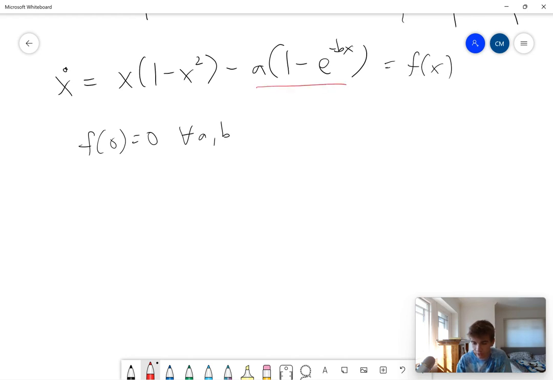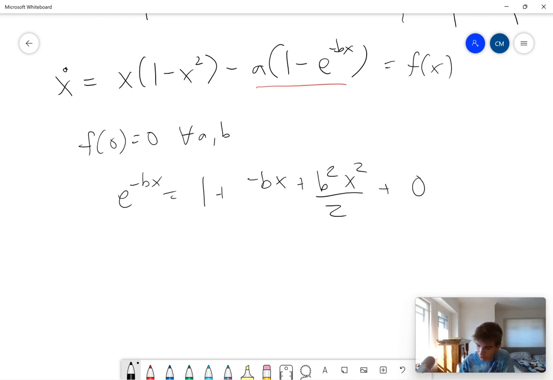Okay, so I'm going to Taylor expand this exponential term here. We have that e to the minus bx is equal to 1 plus negative bx plus b squared x squared over 2 plus higher order terms of x cubed. And the reason why we expand to the second order term in the Taylor expansion is because all of these bifurcations are fundamentally, in the normal form, parabolic in nature. And so to capture their full behavior, we need to expand the Taylor series out to the second degree term,